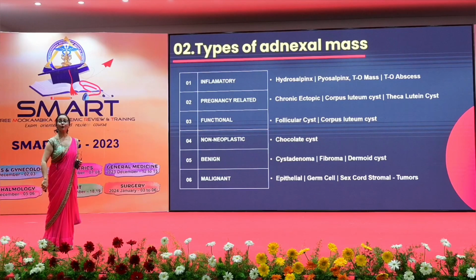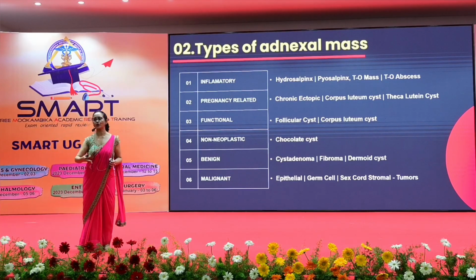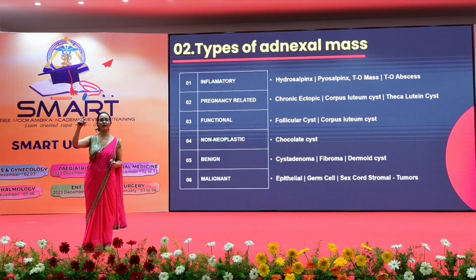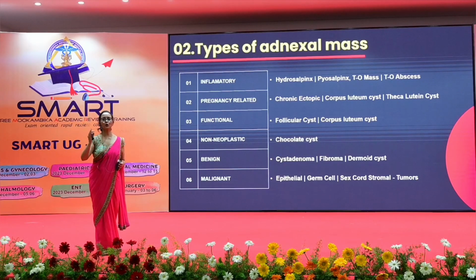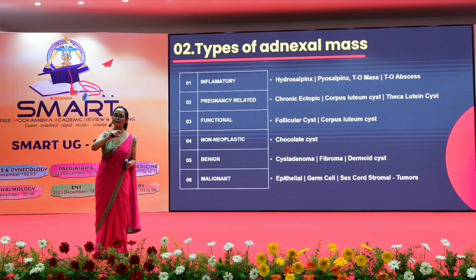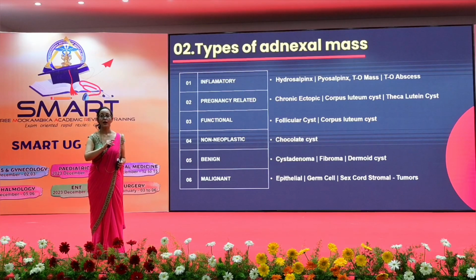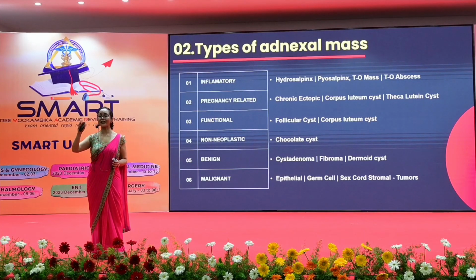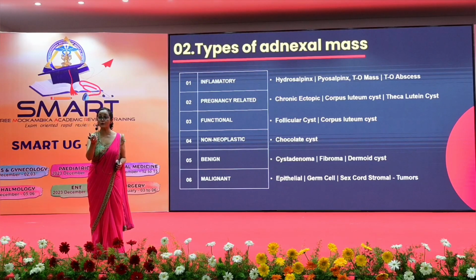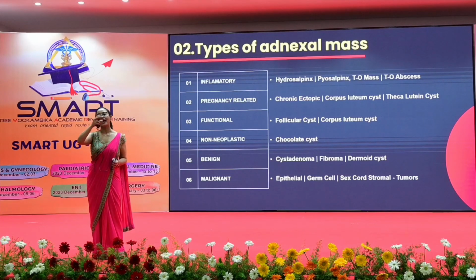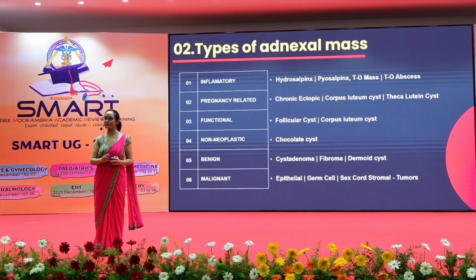The other cysts which can happen during the normal menstruation cycle are as follows. The ovarian cycle is divided into 2 halves. First is what happens in the first part of the cycle, pre-ovulatory folliculogenesis. After that, the follicle releases one egg and whatever is remaining becomes what? Corpus luteum. And after 14 days, the corpus luteum dies.